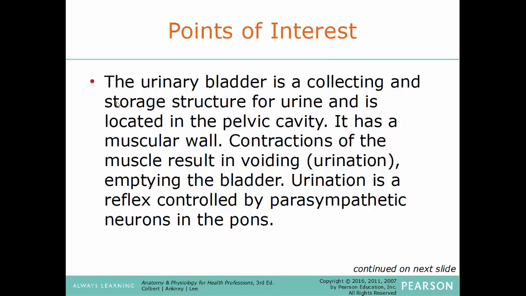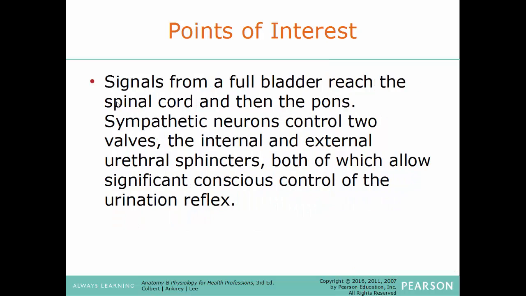Urination is a reflex that is controlled by the parasympathetic neurons within a part of the brainstem called the pons. Signals from a full bladder reach the spinal cord and then onto the pons. The sympathetic neurons control two valves, the internal and external urethral sphincters, both of which will allow significant conscious control of the urination reflex. So you can't control the contraction of the bladder, but you can control if the sphincters